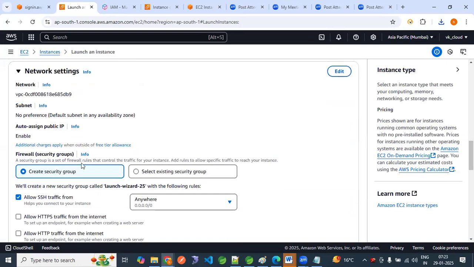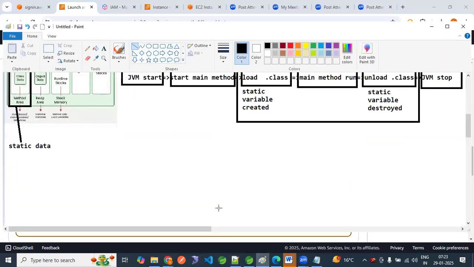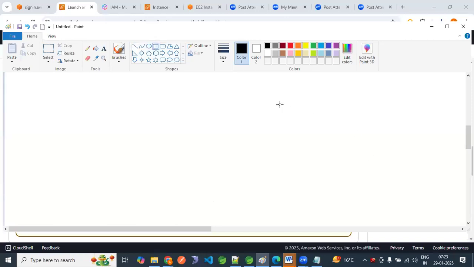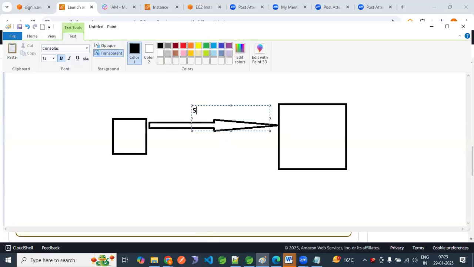Security group. Security group means what? It is kind of a firewall. What does it mean? For example, this is your AWS server, and you are here, and somebody is sending a request to it. So can anyone access it or not? Only authorized people can access, right? We don't want unknown people to go into our server. So for that we have the security group. This is also one of the services,